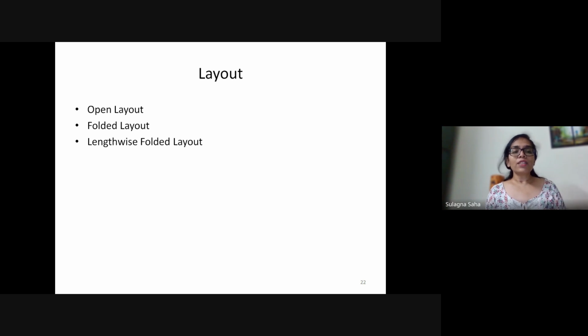Now, what are the different kinds of layouts that are there? First, there can be an open layout. Open layout kya hai? Where the fabric is laid out without any sort of folds. It is the easiest way to do layouts. However, there are fabrics in which open layout is the only way. If you have a very sheer fabric or a very slippery fabric, like georgette which is very sheer, or chiffon, or a very slippery fabric like silk or satin, or for that matter knitted fabrics, it is necessary to have an open layout.